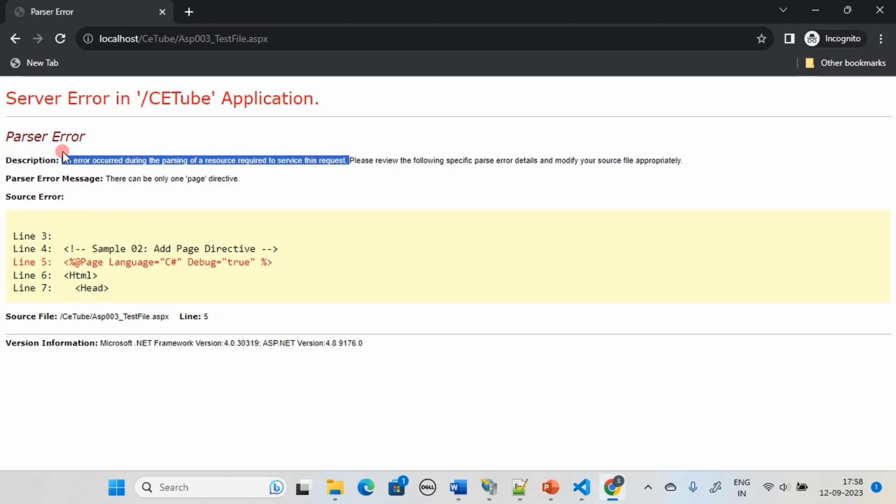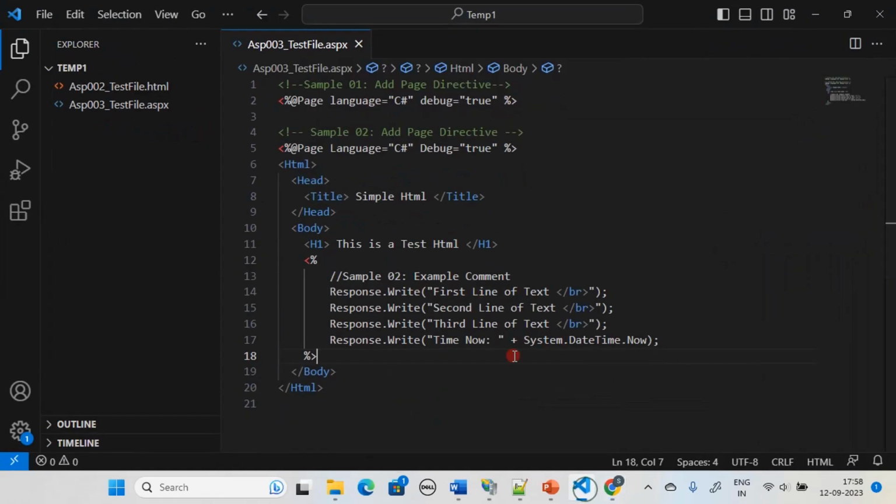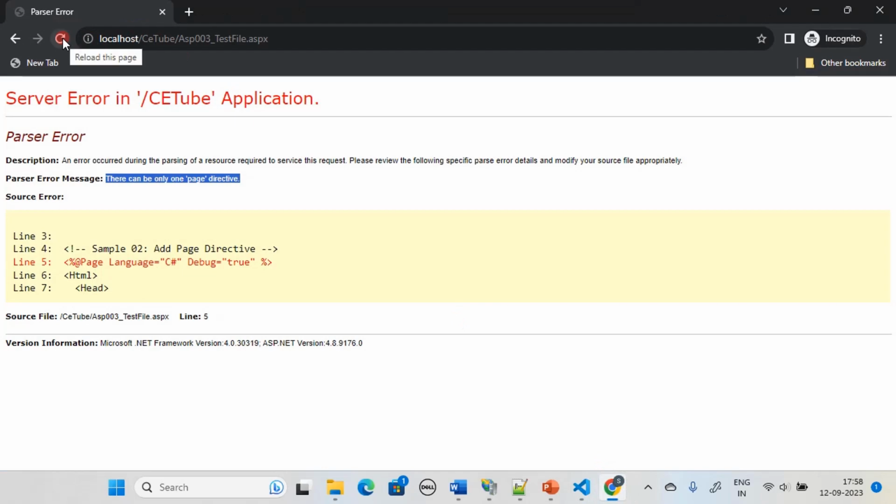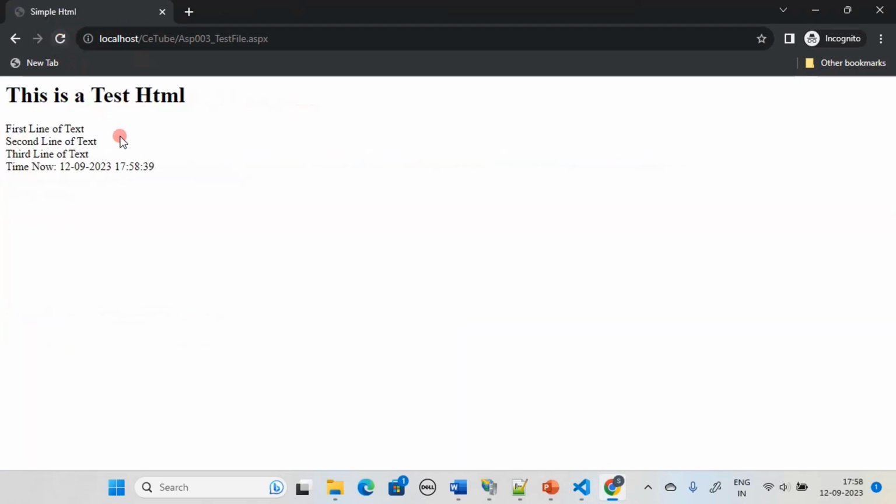And if you see, since it is not a plain HTML, and since it's a server-side code, you may end up with script execution error, and it says that there can be only one page directive. So we did copy paste right here. If you see, there is page directive specified twice. Now this time it is right, and when I reload the page, you can see the